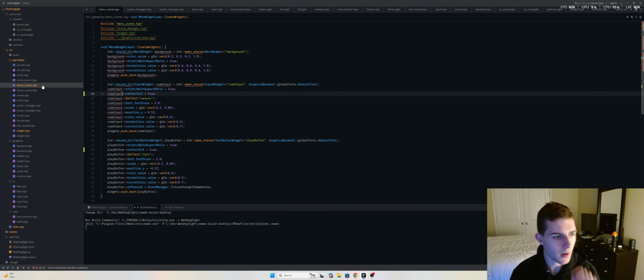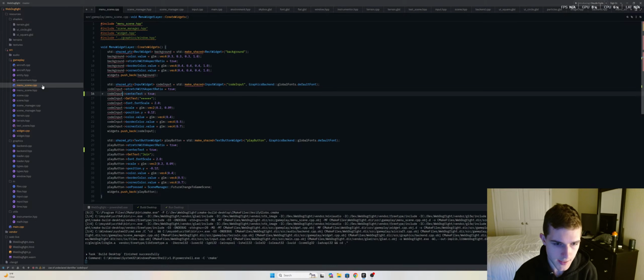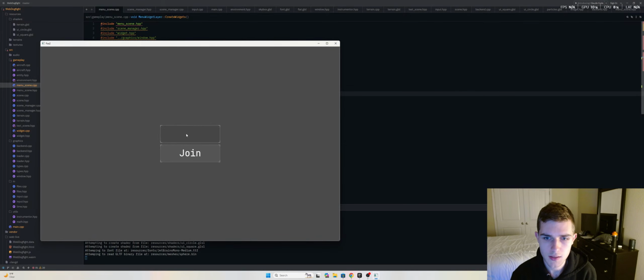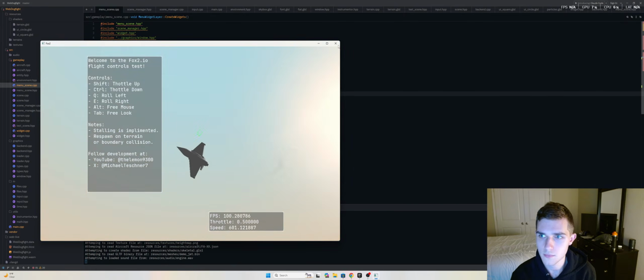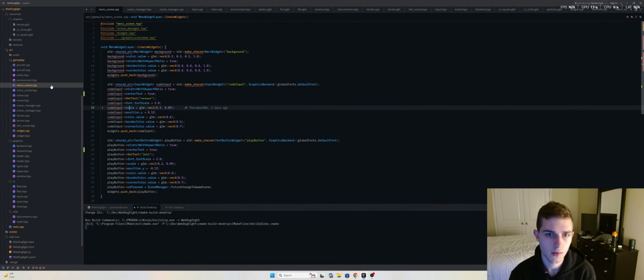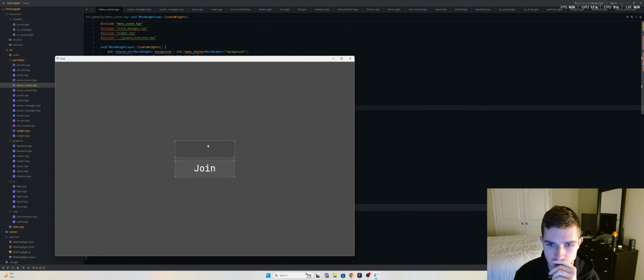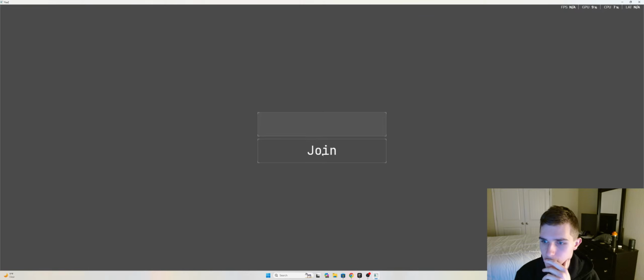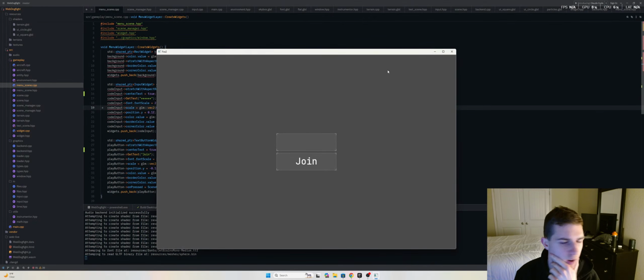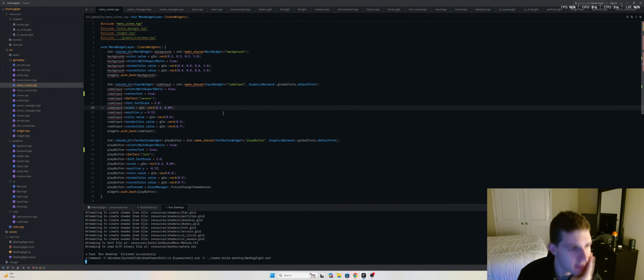And then the next thing, we probably should have some sort of way to enter text into the box, because this is supposed to be where you basically share your room code, or enter your room code rather. Yeah, that's the way we should do this. Okay. Right now, I'm just curious, how are we going to read text? Because